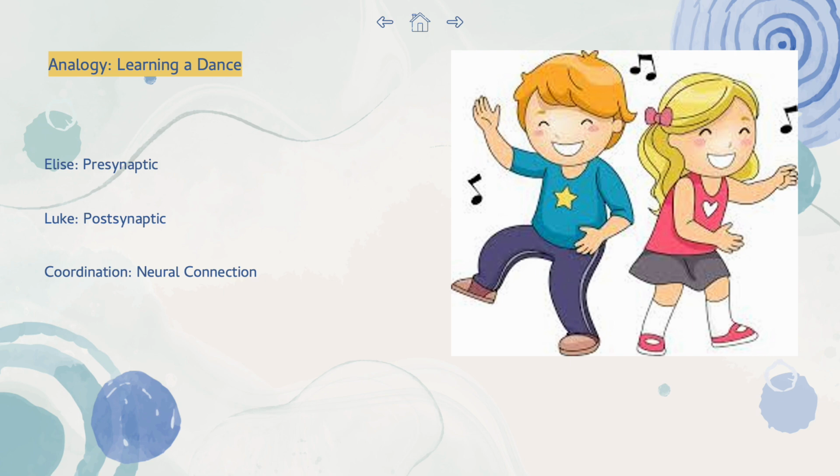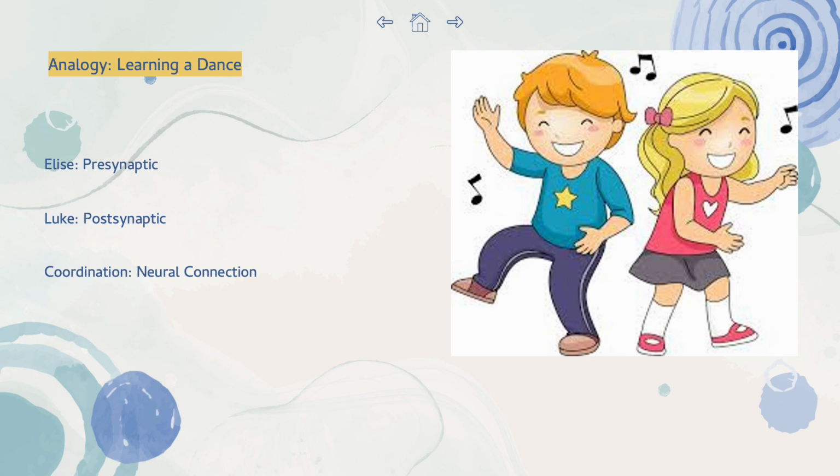Elise's instructions are the presynaptic signals, and Luke's responses and adjustments represent the postsynaptic responses. And the more they practice, the more coordinated they become, and this reflects the strengthening of the synapse between the presynaptic and the postsynaptic neuron due to the high frequency of practicing, and